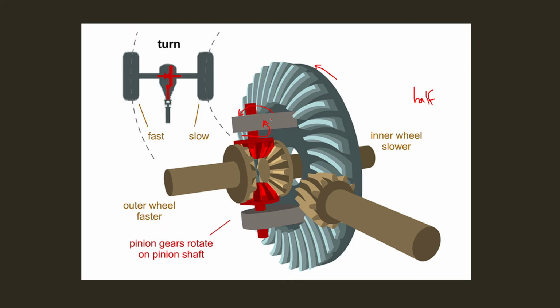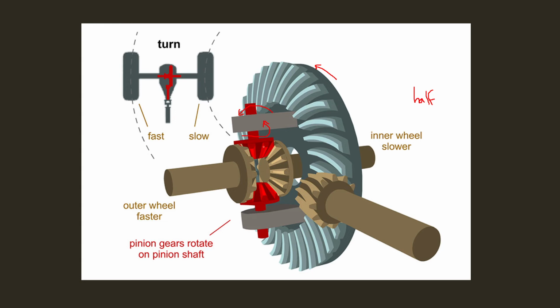As a result of the reduced rotation, this gear also becomes much slower compared to this gear. But these all are acting as an integral unit, as a single part, right? So when this gear alone starts rotating at a slower speed compared to the rest of the system, there will be a relative motion between this gear and this gear arrangement. As the relative motion is there, this pinion starts to rotate along its own axis. So there will be two actions for this pinion: it rotates along with the crown wheel and the casing, and also it rotates along its own axis when there is a relative motion.